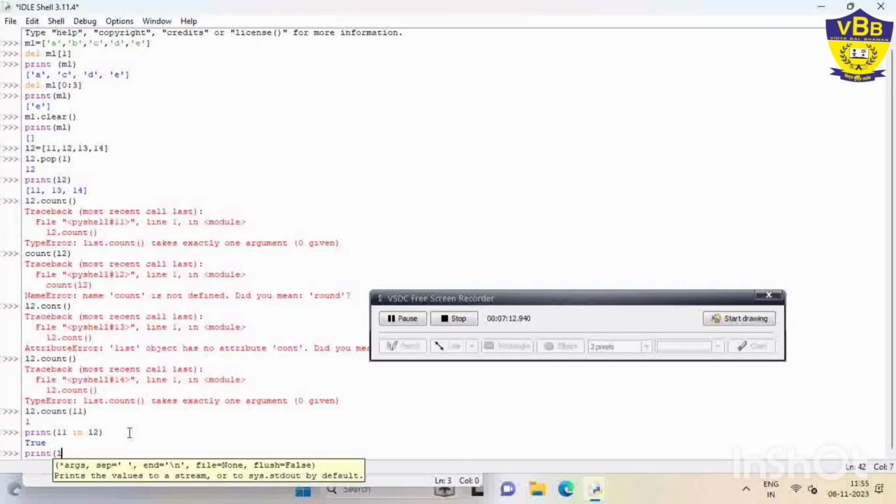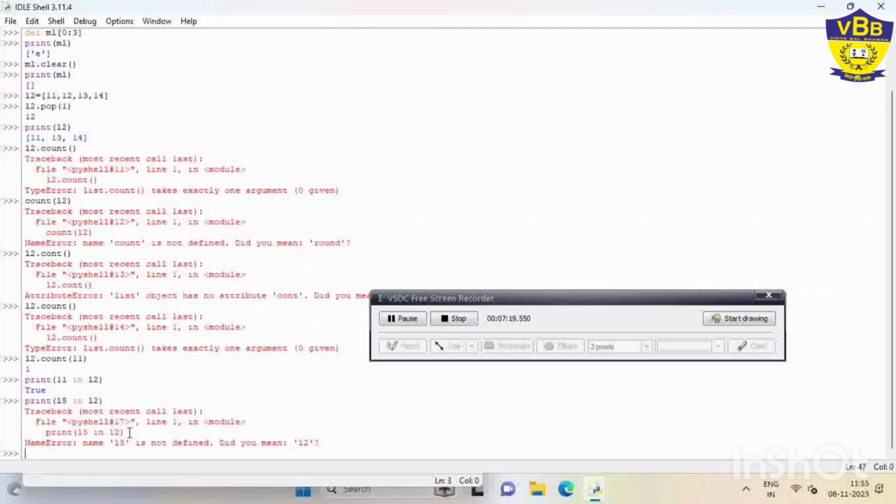If I check for 15, is 15 present in my list? No, 15 is not there. So 15 in L2 will give you a false result, because 15 is not in L2, right?